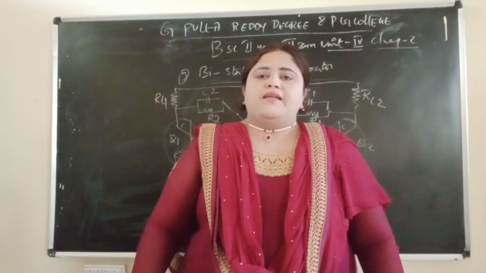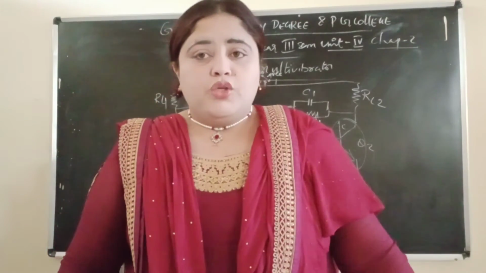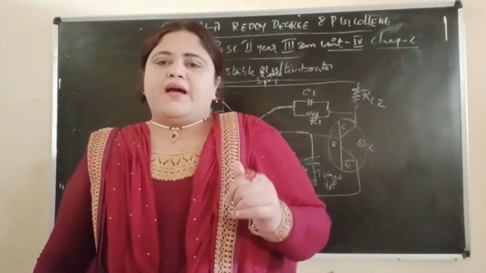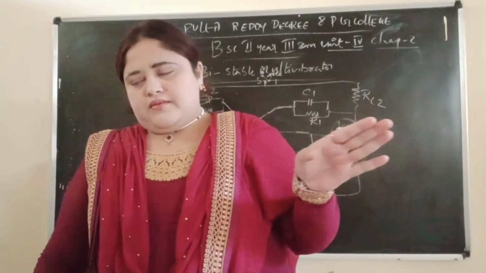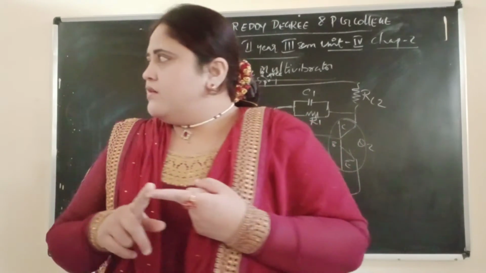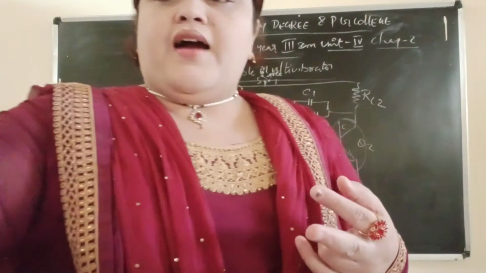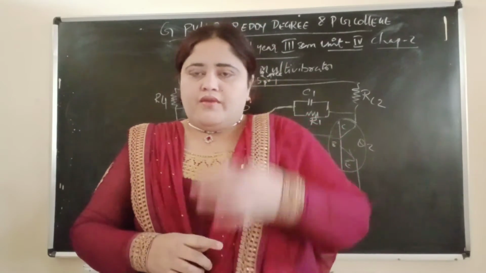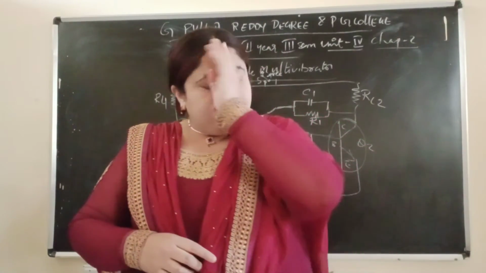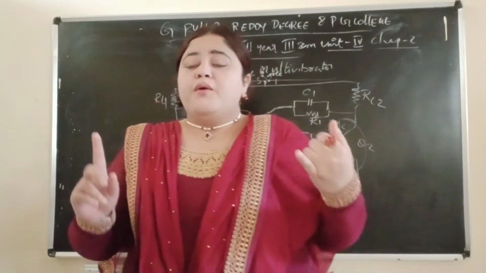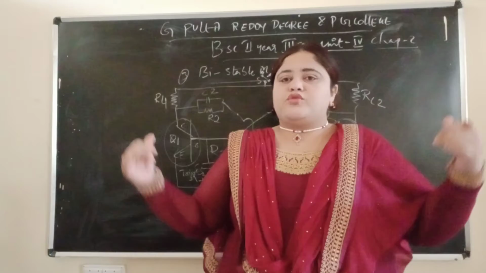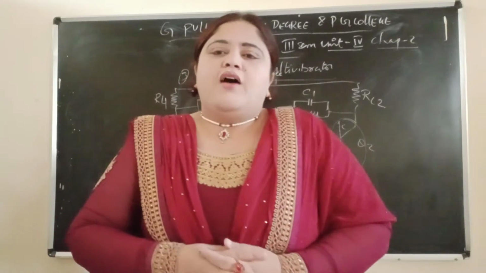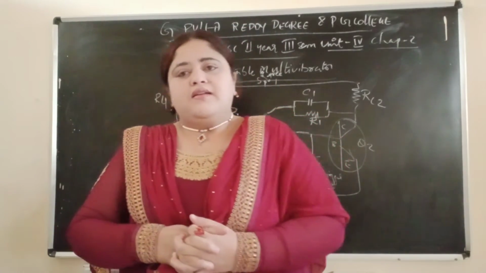First thing, before going to bistable multivibrators, you should know the operation of astable. See, bistable operation is divided into two forms: one is before the trigger pulse and one is after the trigger pulse. Before the trigger pulse means we are not giving any trigger pulse to either of the transistors, this and this. As soon as a trigger pulse is given, they will change state.